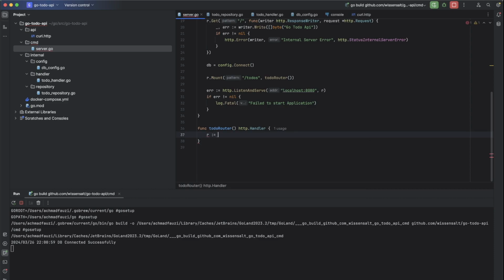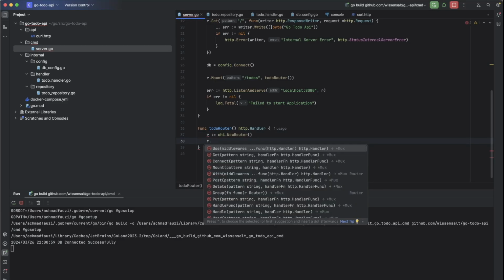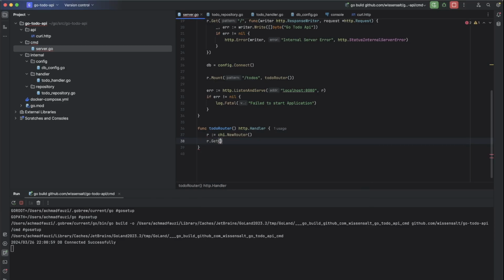R equals to chi dot new router, r dot get slash, so we will call the handler here. So I will initiate the handler and also its repository, because it will require handler and repository. We will initiate them first on the top.